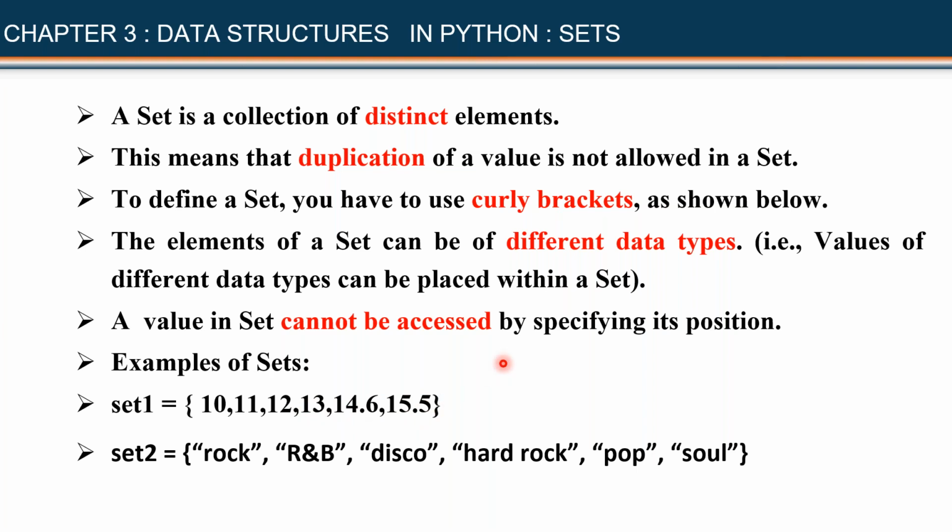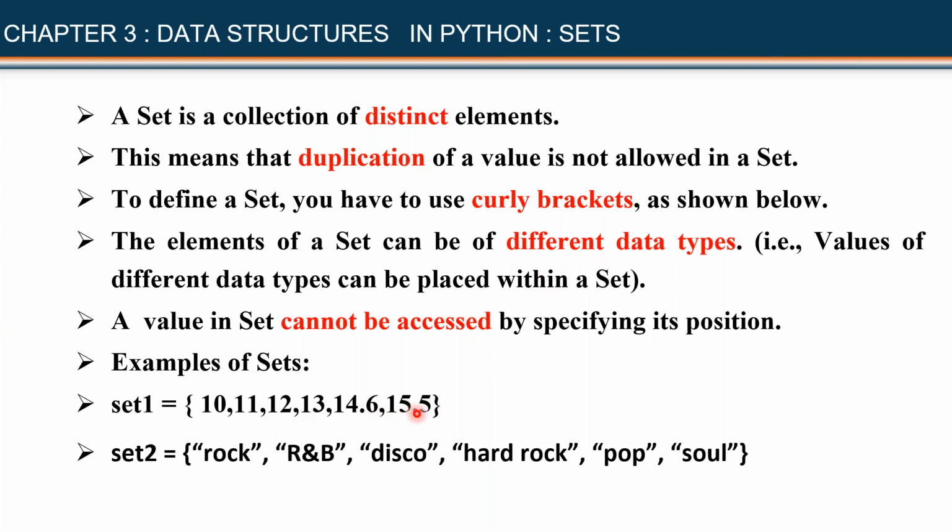But in the case of a list, you can very well have duplication. You can write the same value twice, thrice. Even in the case of tuple, it is okay, but in the case of set, it is not allowed. Right. We will see more about this aspect later. So when you say all values should be distinct, what do you mean? Duplication is not allowed. What do you mean by duplication? Writing the same value once again, or 2 more times, or 3 more times, right? And then you use curly brackets to indicate the starting point and end point. Different data types are allowed.